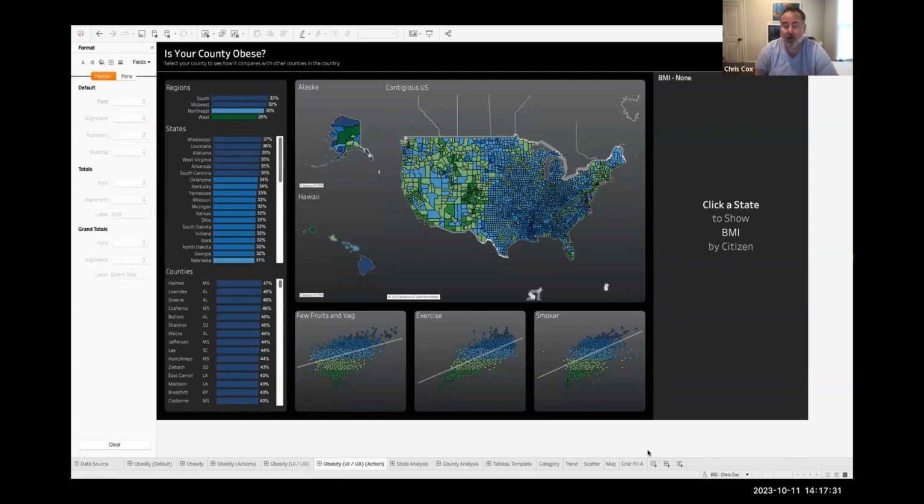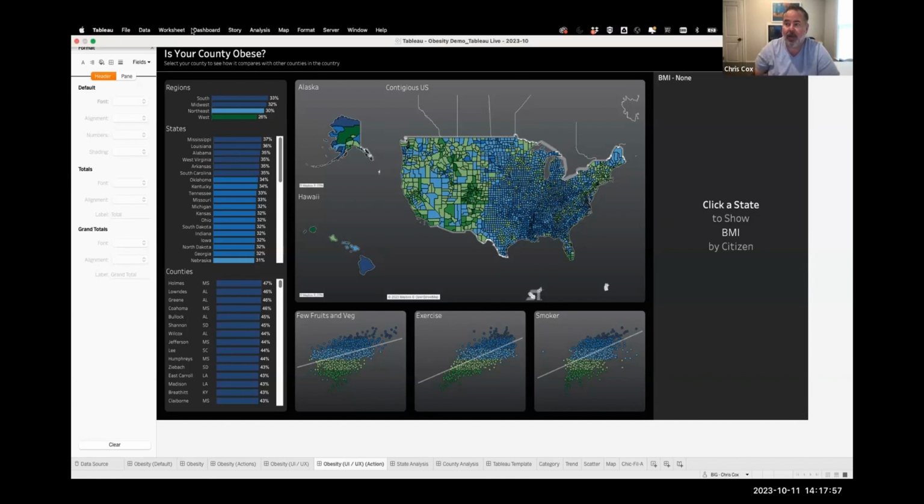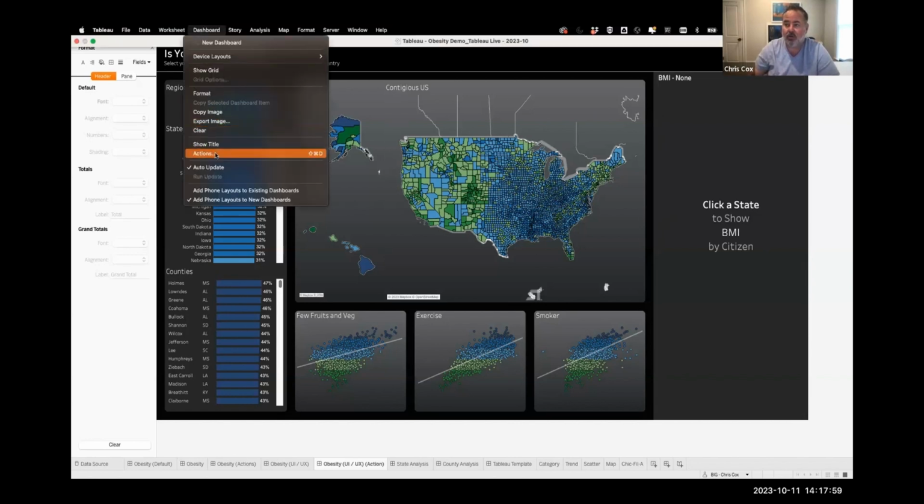And we wanted to see, okay, well, let's list those people out. Well, you can't show the entire population of the U.S. in one view. It's just going to be too much. So this would be a great spot to have user guided analytics. And all that means is I'm not going to show this chart until they do something. How this is set up is through actions. So I'll look at the actions first, and I'll show you how it works.